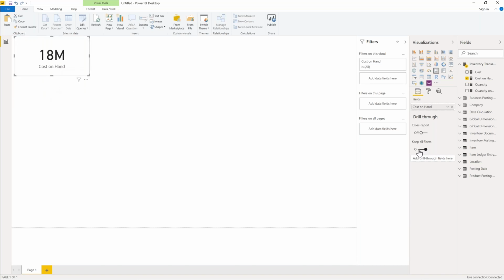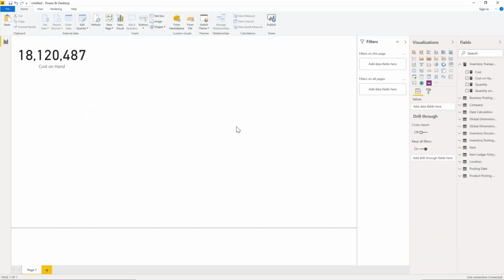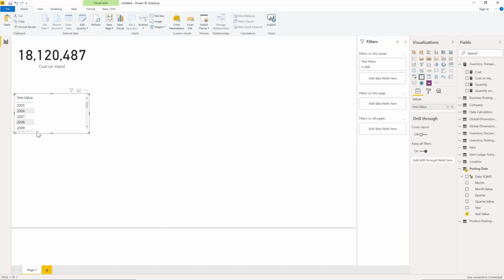And I can just choose to format this slightly differently, so we can see some more detail. So we'll put this to none. And then if I want to look at the date, I can take my year value and have that available here, so I can put a filter against this. At a very basic level, if I start to choose different years, then I'll start to see the inventory